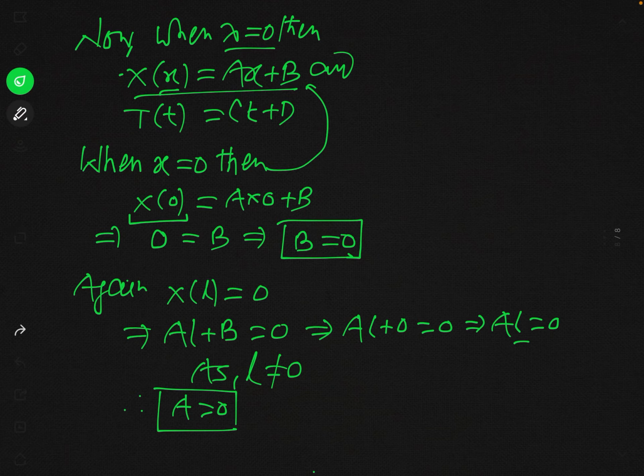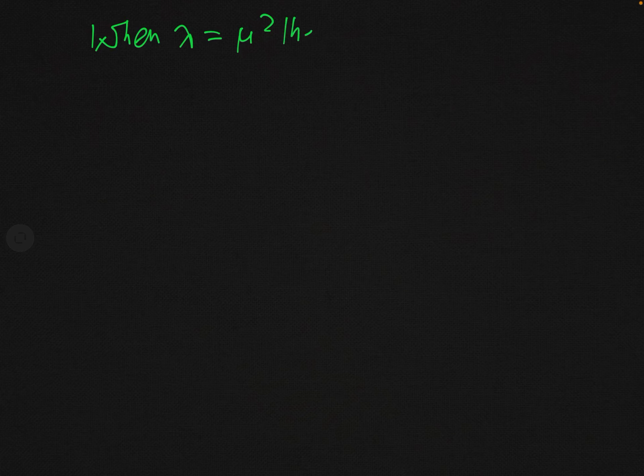You have seen that when lambda is equal to a positive quantity, mu square, in this condition we have obtained two results. The results obtained earlier: X of x is A e raised to the power mu x